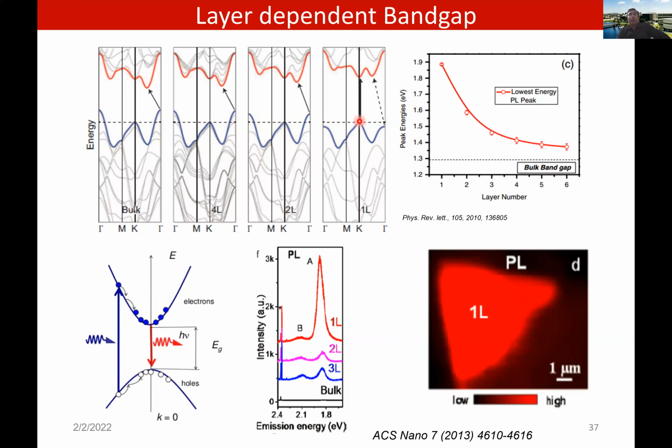1.85. In single layer, it is a direct band gap. But as soon as you go to the double layer, it becomes layer independent. You can see this here in the photoluminescence spectra. You can see a very sharp peak at 1.85 for single layer, but as soon as you go to 2-layer, 3-layer, the peak intensity significantly decreases. And in the bulk, you can see the band gap changes, and it is about 1.3.